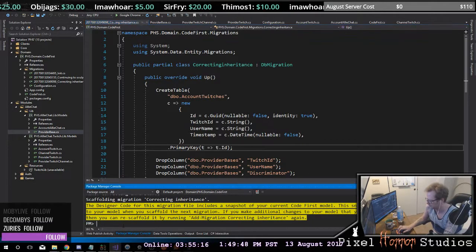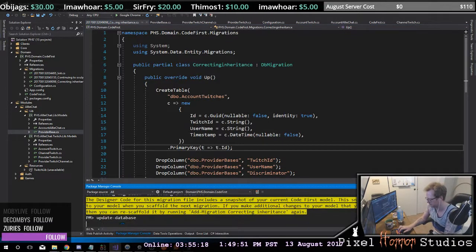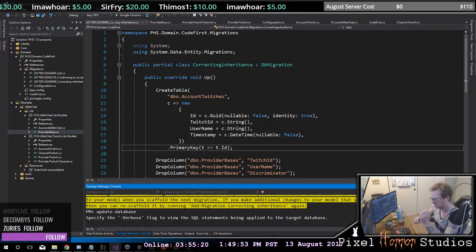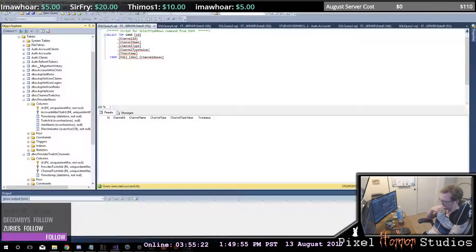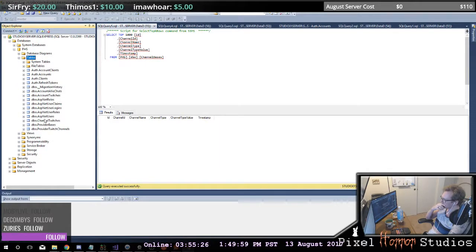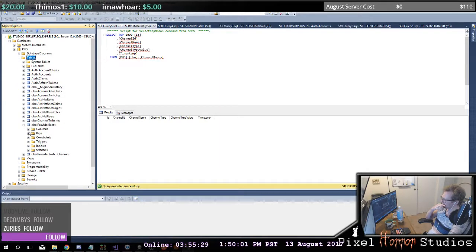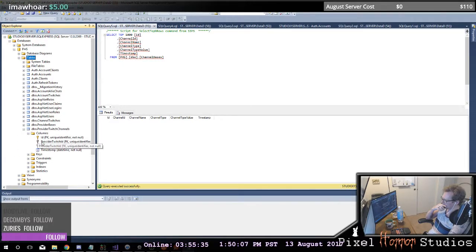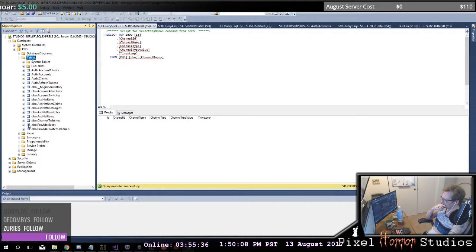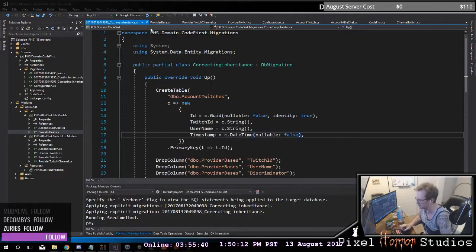All right, so let's go ahead and see if this works. It does. Let's check it. Provider's base now does not have my keys any longer, and my Twitch channels has the correct stuff. Everything looks great. Okay, so now the second half of the routing for these things was that you needed to,